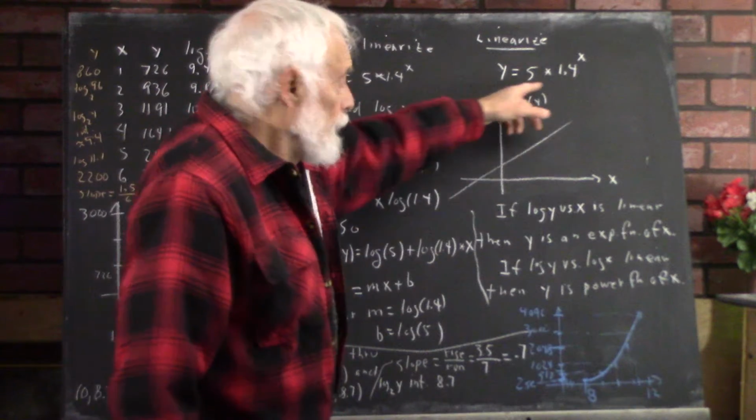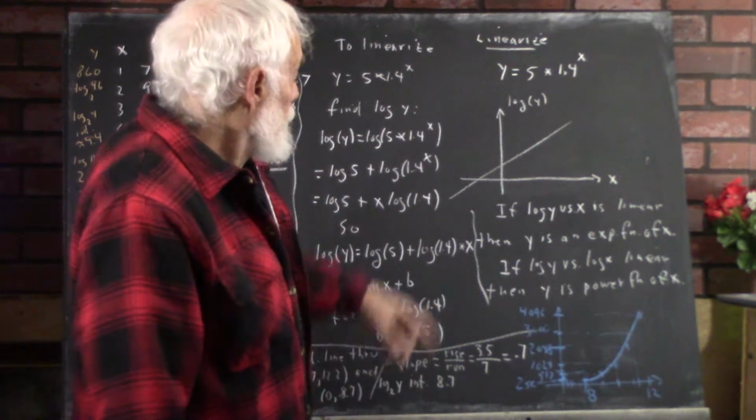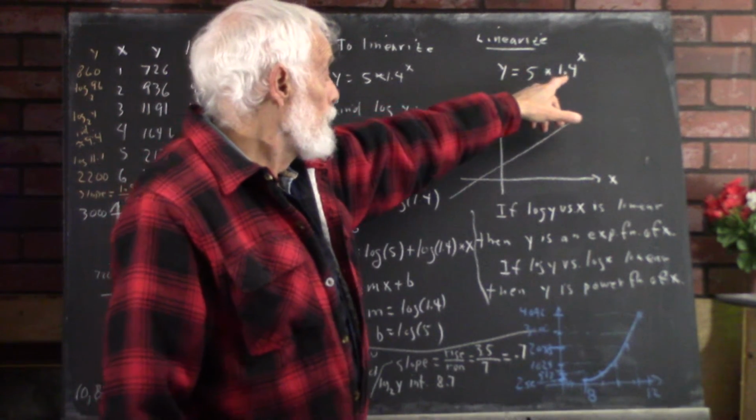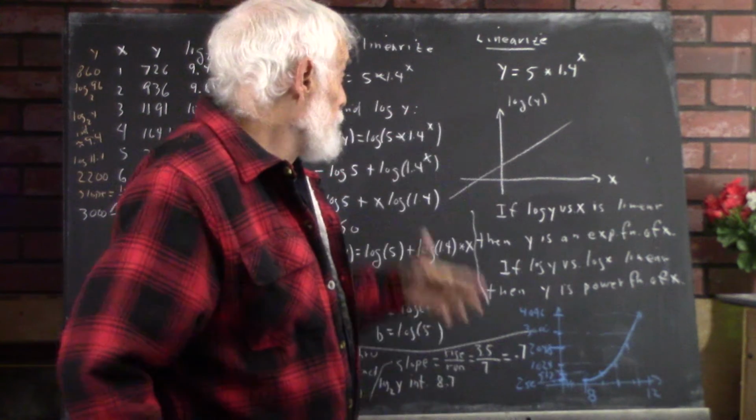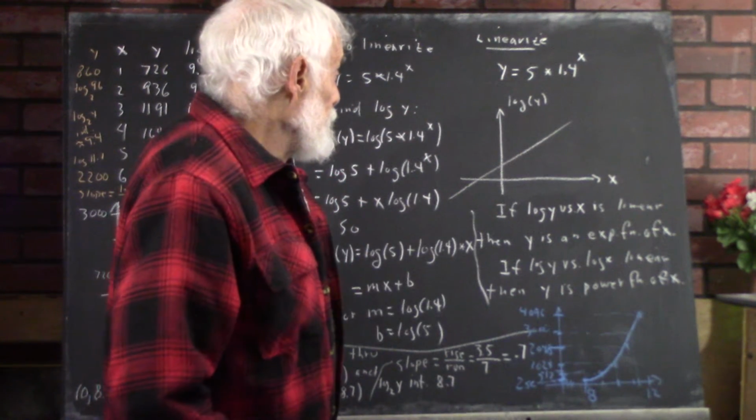Question about how to linearize an exponential function. Okay, so let's just take an example: y equals 5 times 1.4 to the x. We want to linearize this. Now,